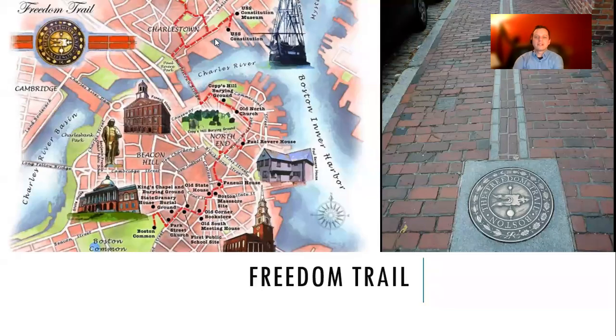And here you have the Freedom Trail. So this goes all through downtown, and over on the map on the left side, you can see where and all of the different sites it brings you to. So this goes all the way through the city center, across the bridge. And it looks like this over on the right. Their sidewalks are made out of brick in the city center, in the historic area. And you can follow this brick trail the whole time and go along the Freedom Trail.